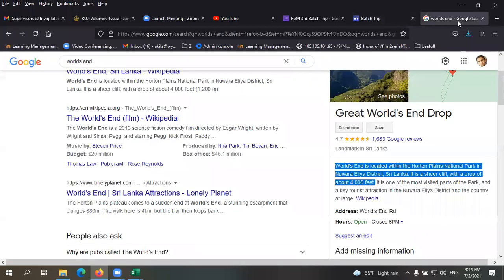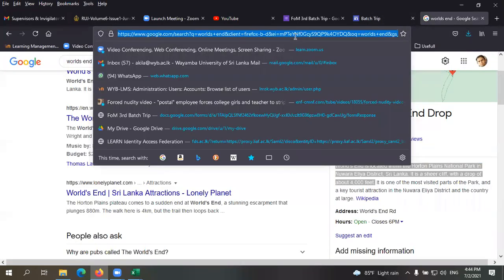Let's say we're going to have a route to our trip, right? So you can take Google Map.